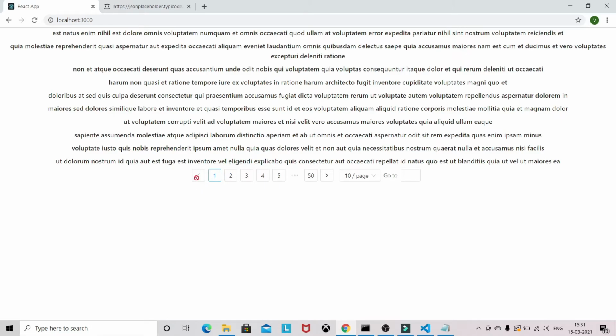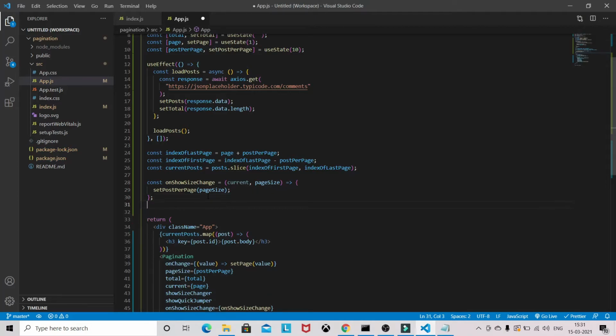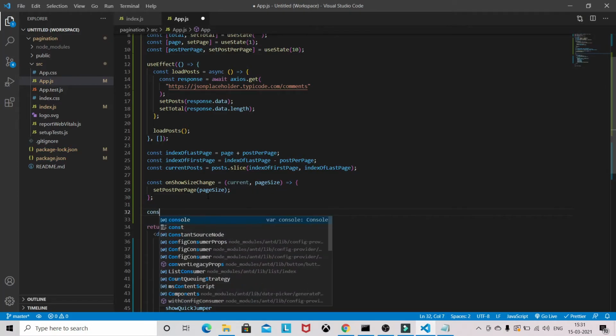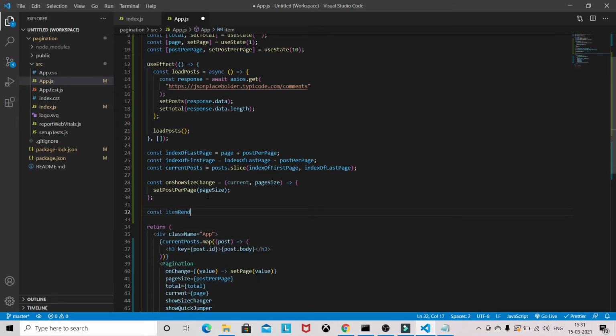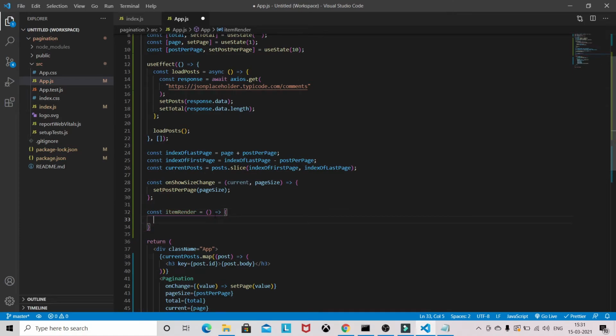Now we need to provide the previous and the next buttons. How are we going to do that? Let's see. We need to define one function, itemRender, which receives the original element.